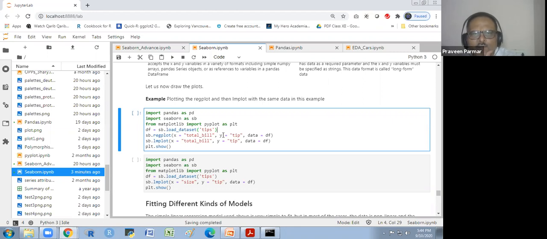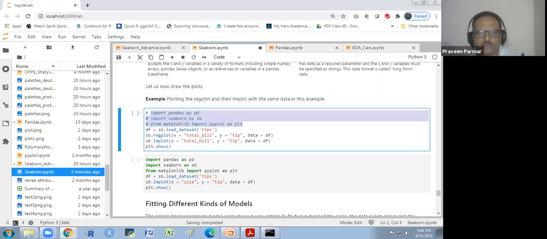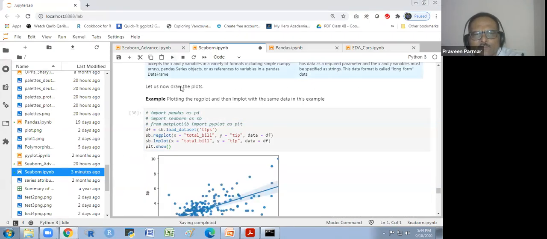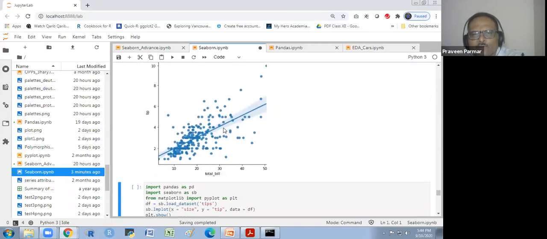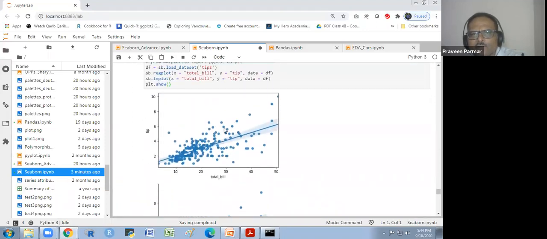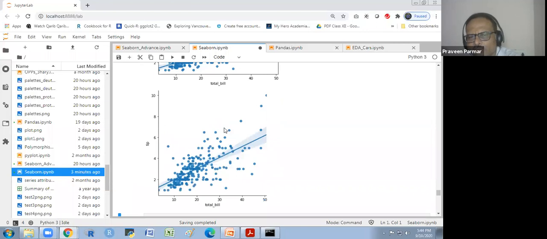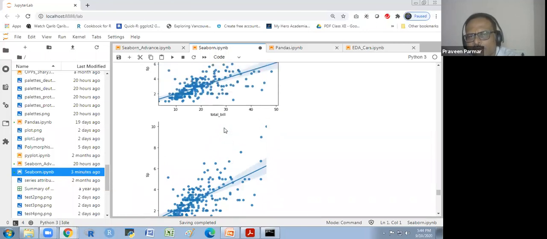So y on x is always the linear regression concept, y tilde x. So we just show you this first. This is not required because we have already done that. And I run this. You see both plots, and there is not much difference between both. What is the difference you are getting over there?